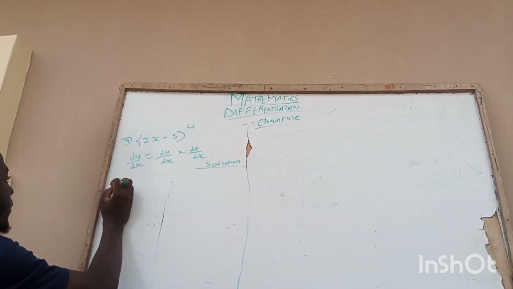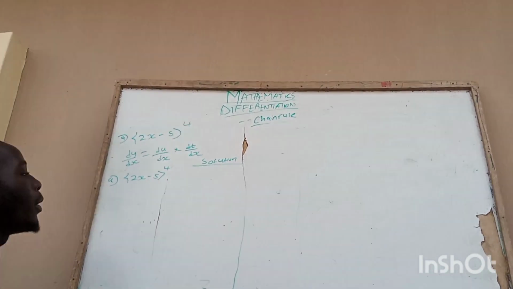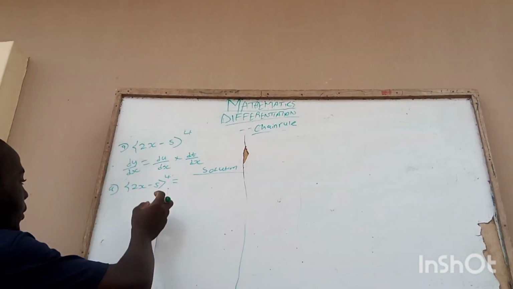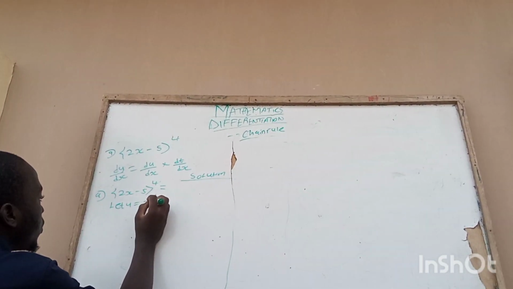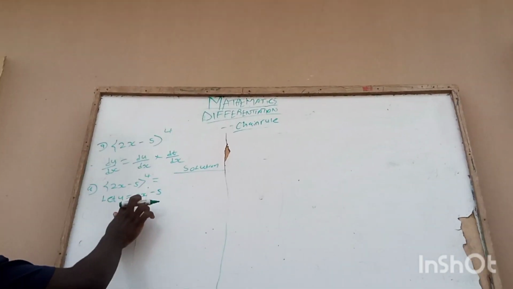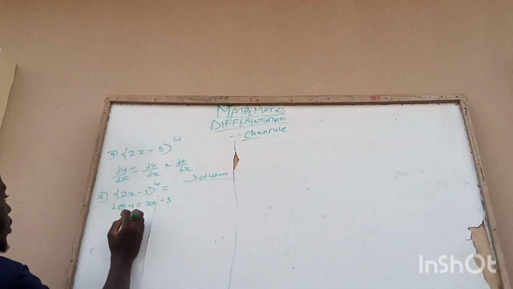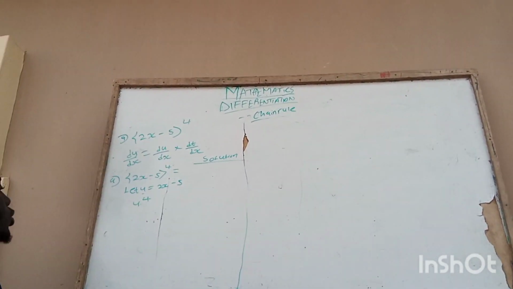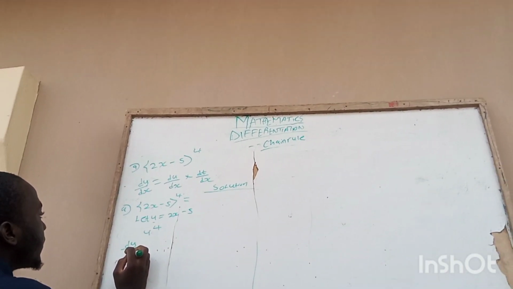We have (2x minus 5) raised to power 4. So you can say let u be equal to 2x minus 5. That is what is inside the bracket. Then our question will now be u raised to power 4, since the whole of this is now u. So going by our formula,